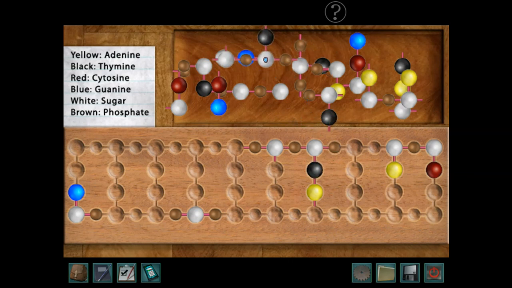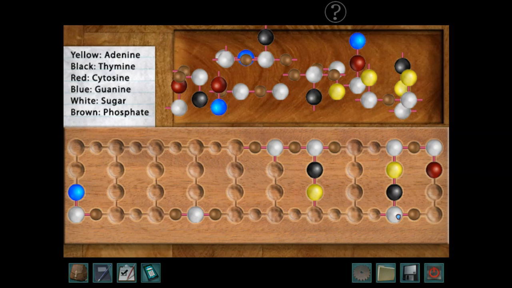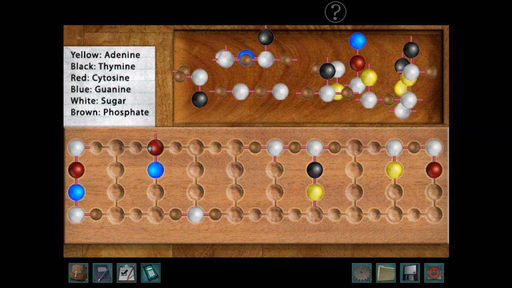I think it's, yeah, it has to be this one. So that one definitely goes there. Let's see. It could be that one or that one. So it's a little bit unclear. About over here, that works. That doesn't work. And that doesn't work. So that one has to go there.